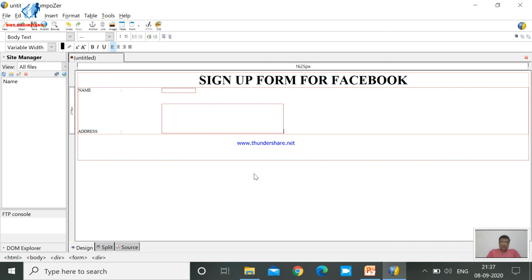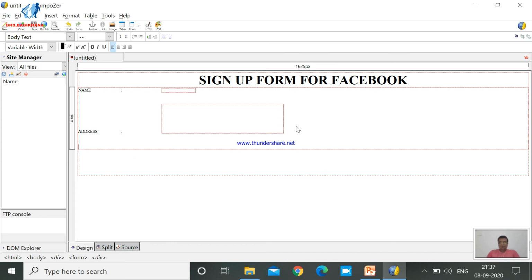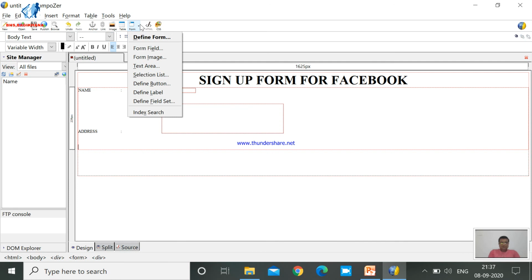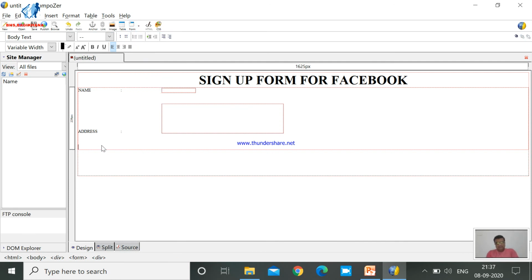So you can see here now you have the right to enter your address in 5 lines and 50 characters in a single line. So now it has enough space to enter the address, right? Now the next field which we have taken is gender. So for that I am taking the label as gender.